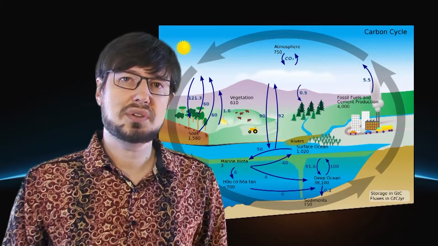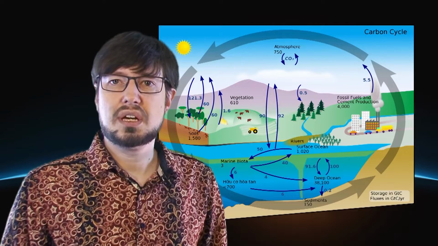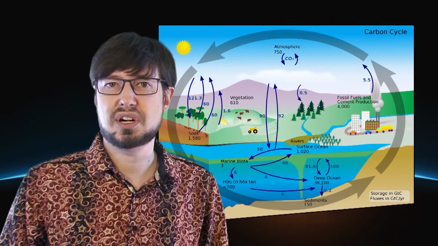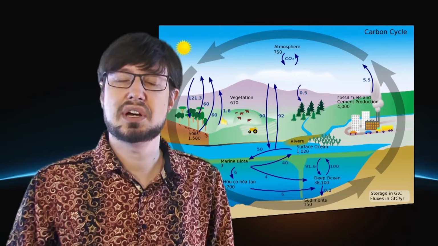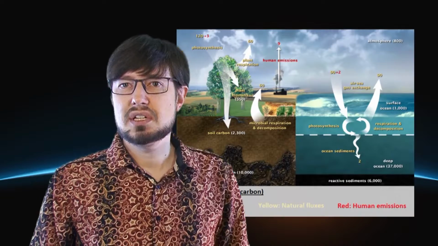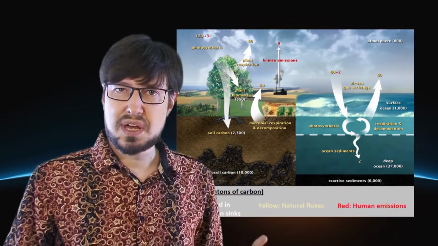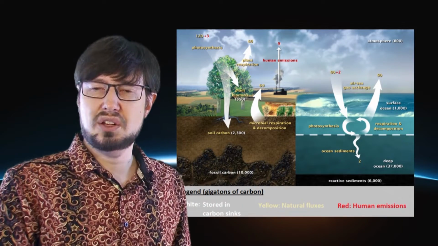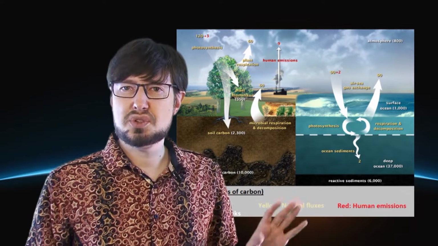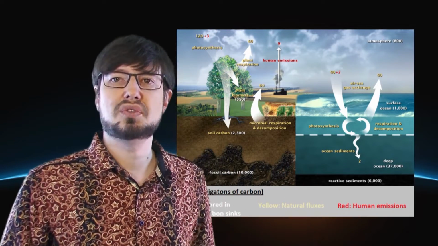Now, the carbon cycle is the biogeochemical cycle by which carbon is exchanged among the biosphere, pedosphere, geosphere, hydrosphere, and atmosphere of the Earth. I know it's a lot to remember. There are images you can find on the internet. It's essentially the same pictures, but the level of detail will be different depending on the source. It is fairly complex, but I'll make it very simple. I'll give you a very quick overlook here.